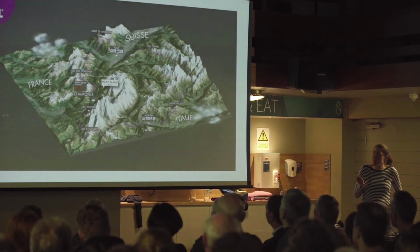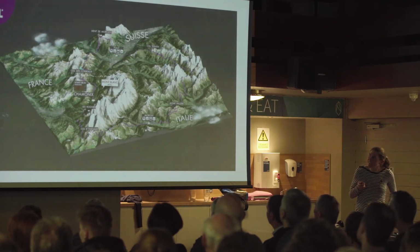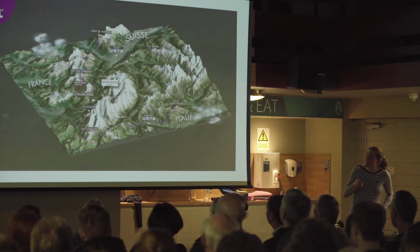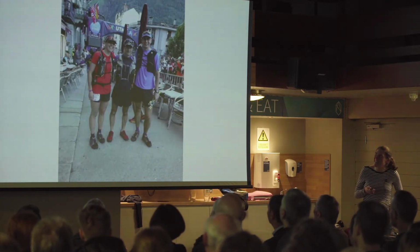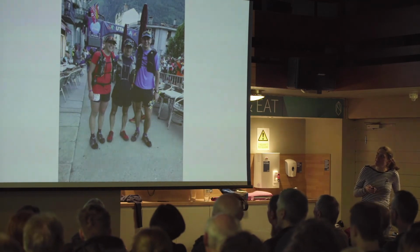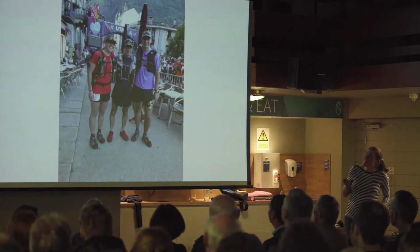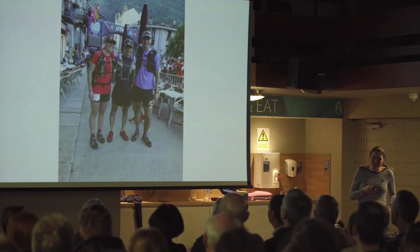The race starts and finishes in Chamonix, and it goes through Italy, Switzerland, and France, in a circular route, and it obviously goes around Mont Blanc. So this is us ready to set off, I think we were Team Carnethy. We're ready to set off on our PTL adventure. And this photo's here just to remind me to tell you